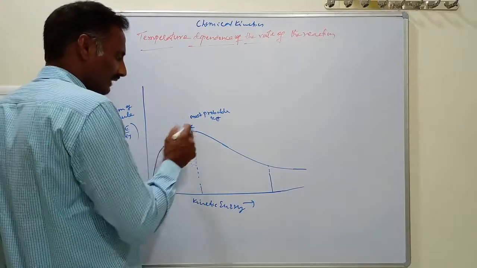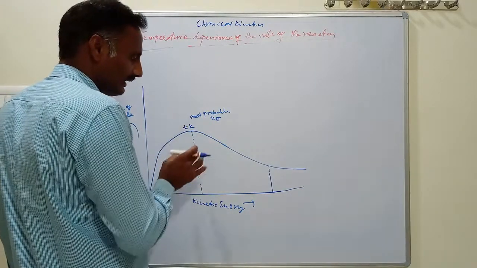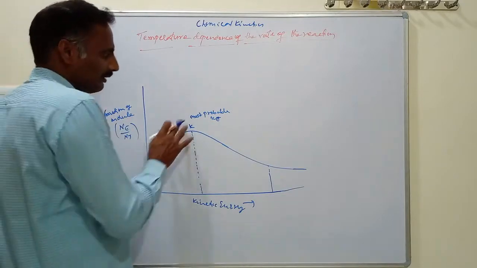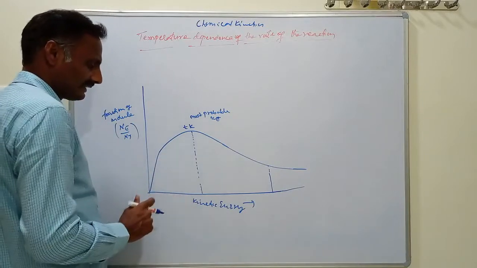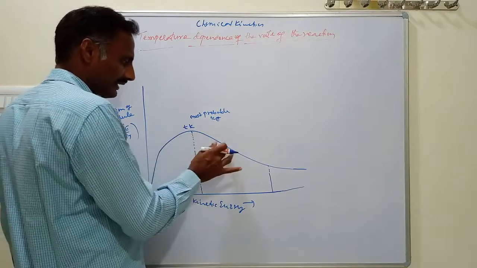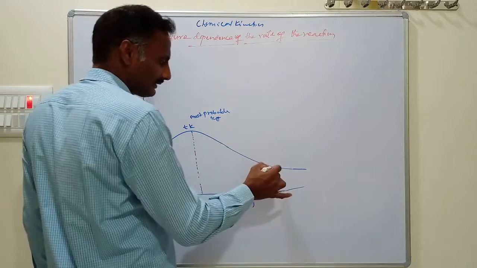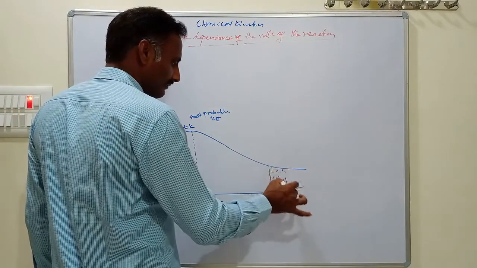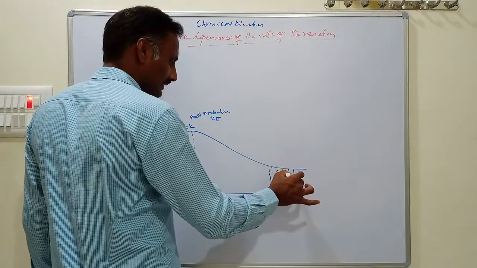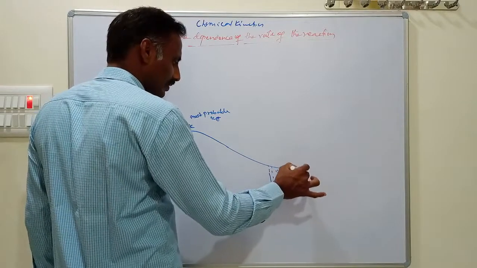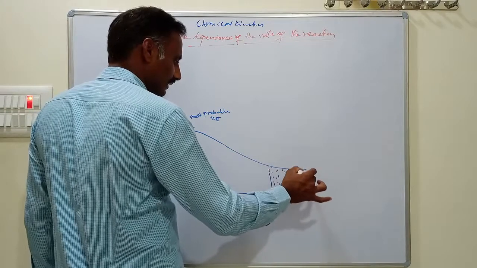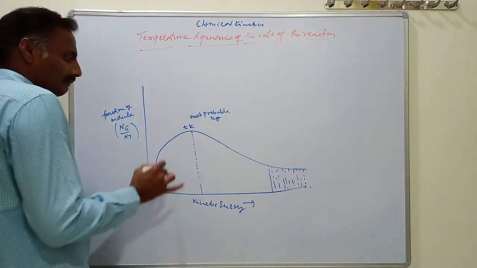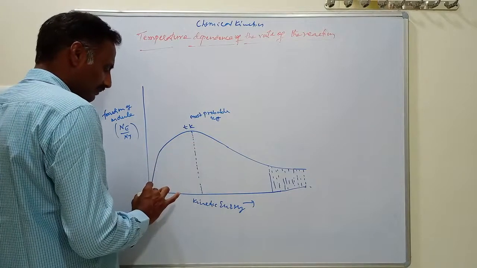It is difficult to find the energy of each molecule in a reaction mixture. That's why we plot the fraction of molecules possessing a given kinetic energy versus kinetic energy. This plot indicates the fraction of reactant molecules that possess kinetic energy more than the energy of activation. Then by raising the temperature, this curve broadens.